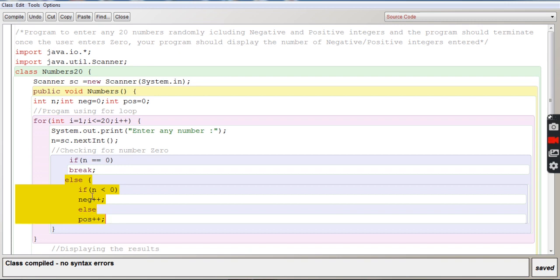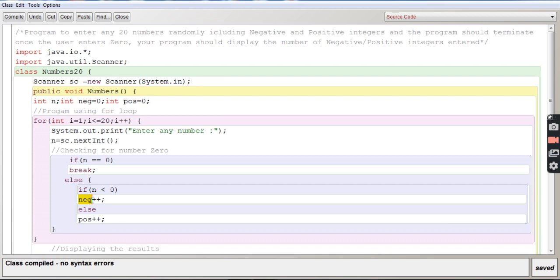Here it will check if minus 4 is less than 0. Of course, minus 4 is less than 0. So minus 4 is negative, so neg plus plus, and one negative number has been added. We have got one negative number and two positive numbers till now. The loop has moved 3 times: 3, 5 and minus 4. So 2 positives and 1 negative.